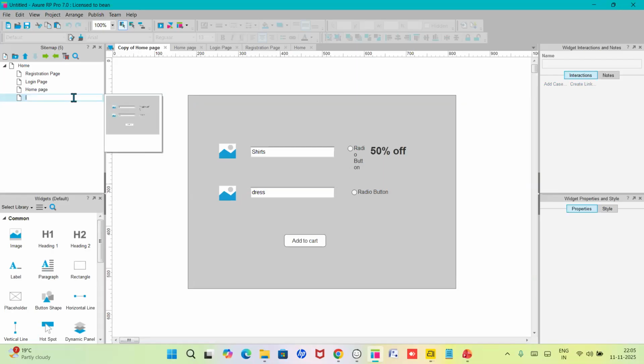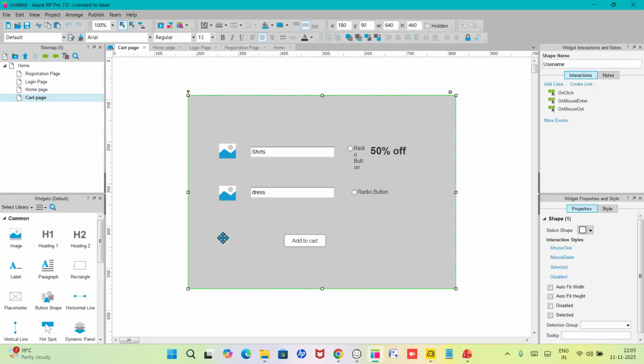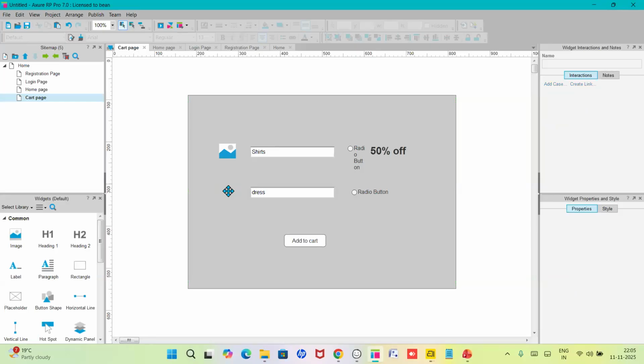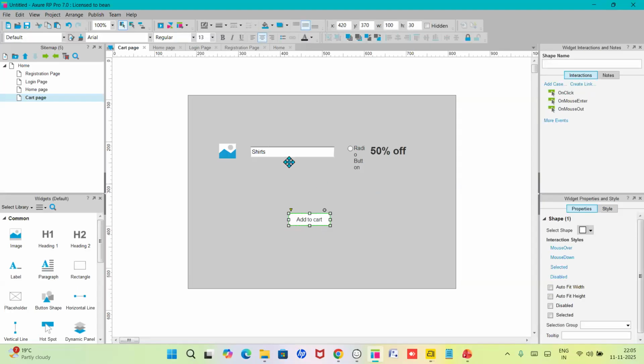So I'm naming it as cart page. Okay. So for this cart page, I have added my shirts. So this is how I have added my product to the cart, and here in this I am showing the payment option. So to design that payment page,